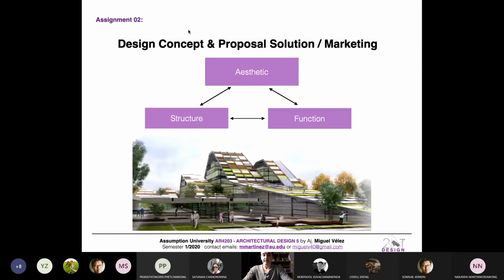So at the end, that design concept is going to talk about the aesthetic, which is something very clear that we can see in the project of Lydell, about the structure and about the function, no? That's going to be the three things, the main three elements, no? And then we will have that picture, that image that can combine these three aspects, okay? So at the end of your pre-thesis, you should have this vision in mind, and then it will be the starting point of your thesis.